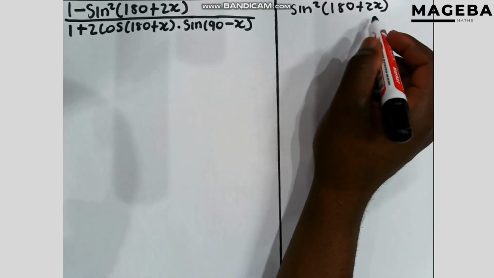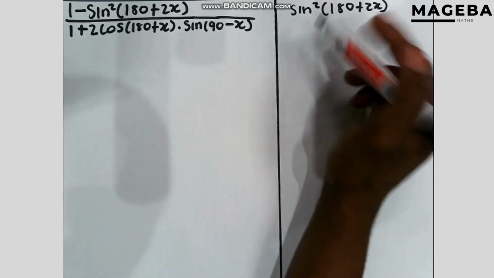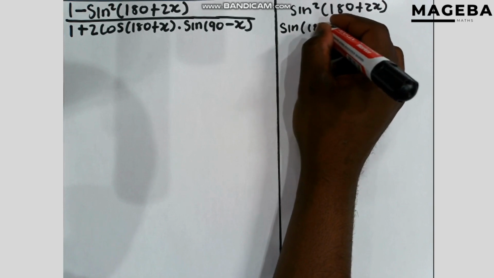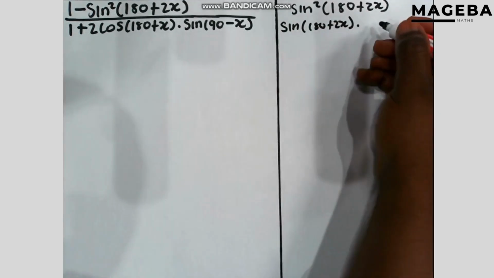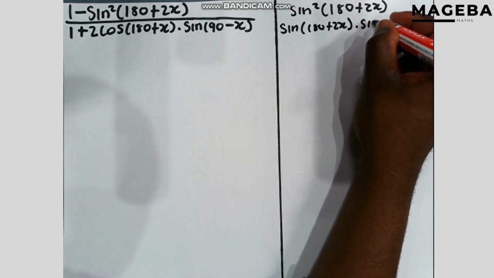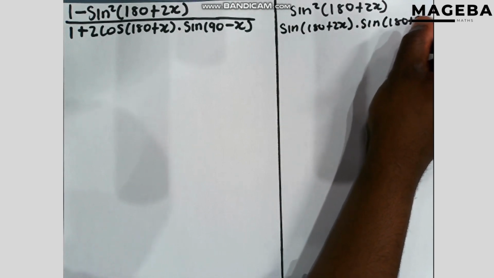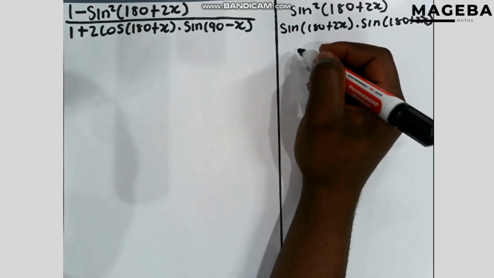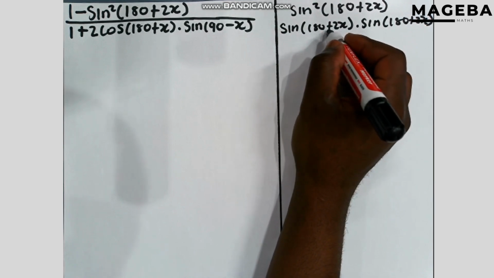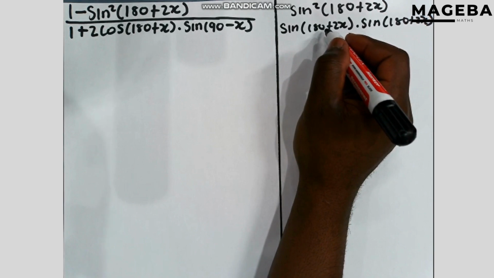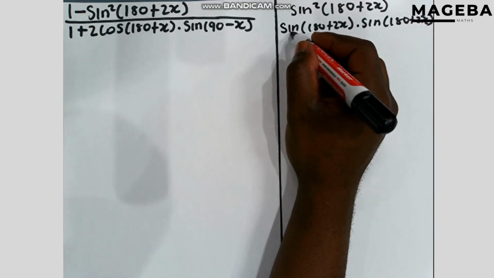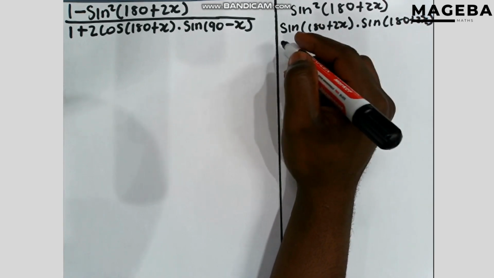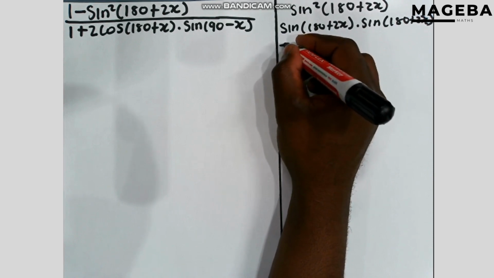What this basically means is that this thing is repeated twice. So it's sine times 180 plus 2x, times sine times 180 plus 2x. It's just this thing repeated twice. Applying our rules, 180 plus is in which quadrant? 180 plus is in the third quadrant. Sine is positive in which quadrant? It is positive in the second quadrant and the first quadrant. These are separate quadrants, so it's going to be negative sine